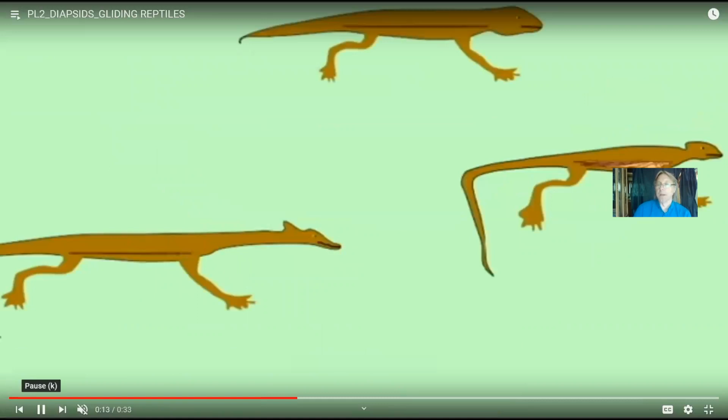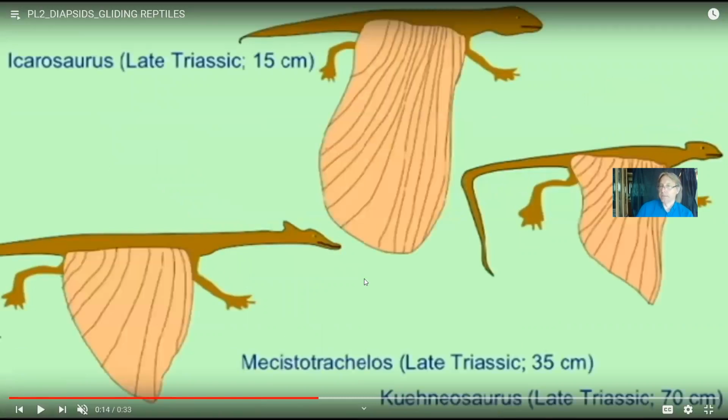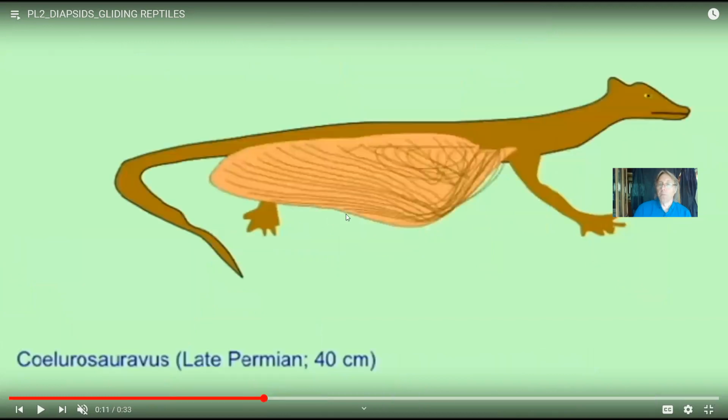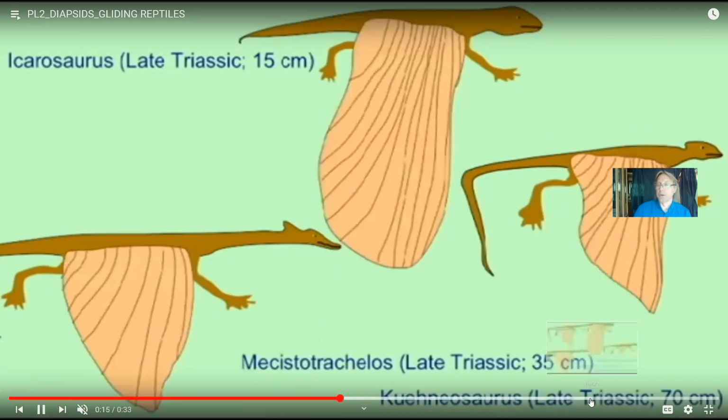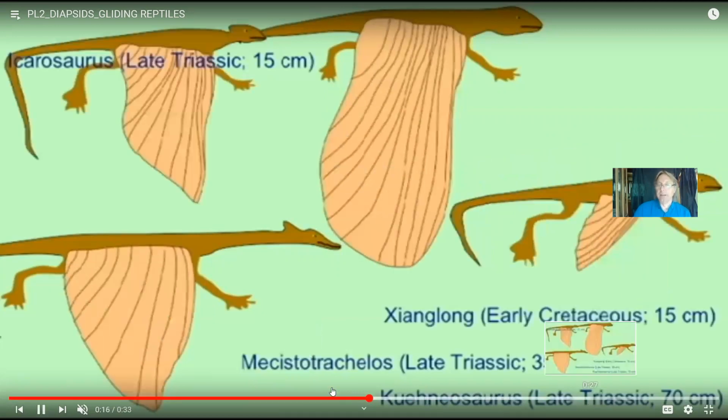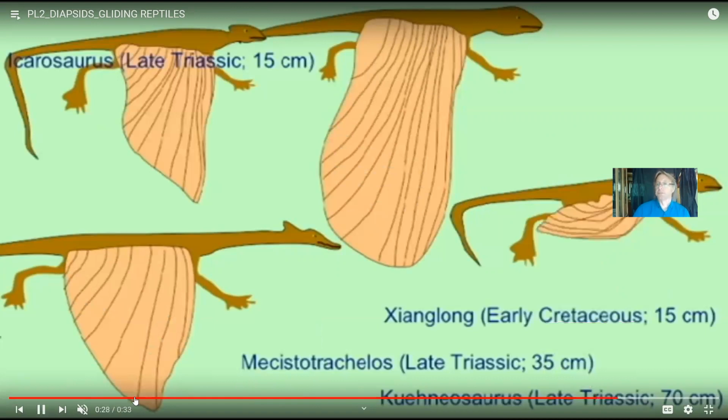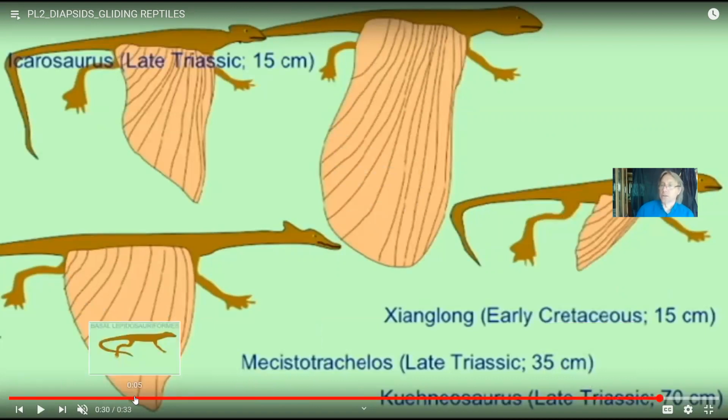A wing membrane, or a skin membrane, would have extended, which would have allowed some degree of gliding, certainly. Some of these are known from the Permian, the most primitive of these. A number were known from the Triassic, and then some would even live into the Cretaceous period. So while later diapsids would include the flying pterosaurs and the flying birds, earlier forms were capable of gliding, which no